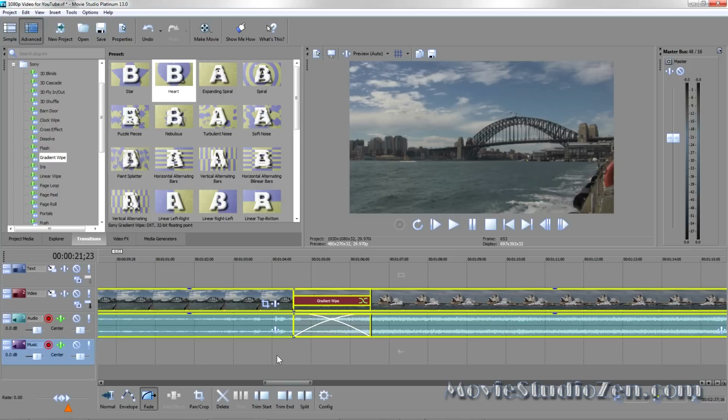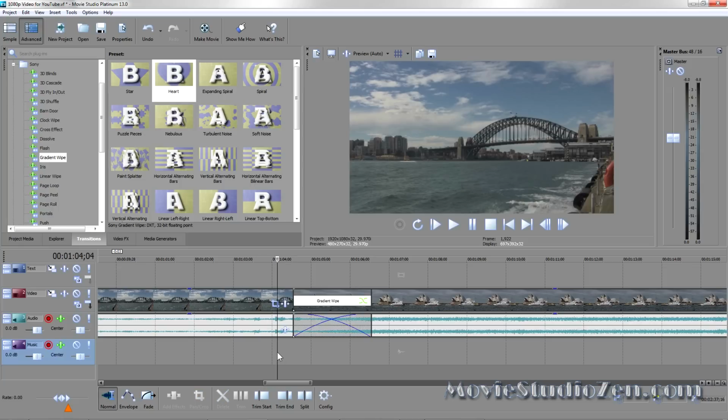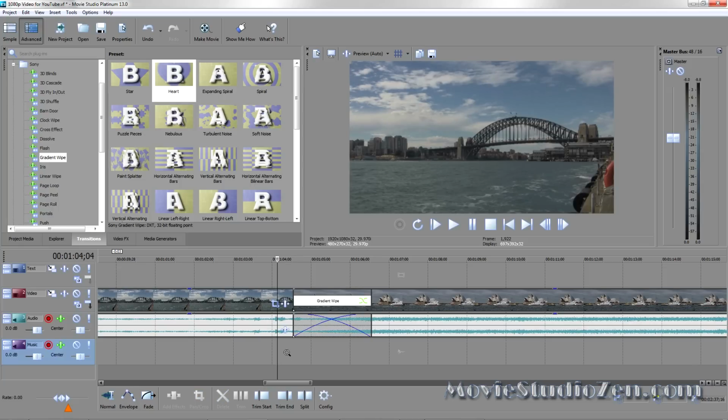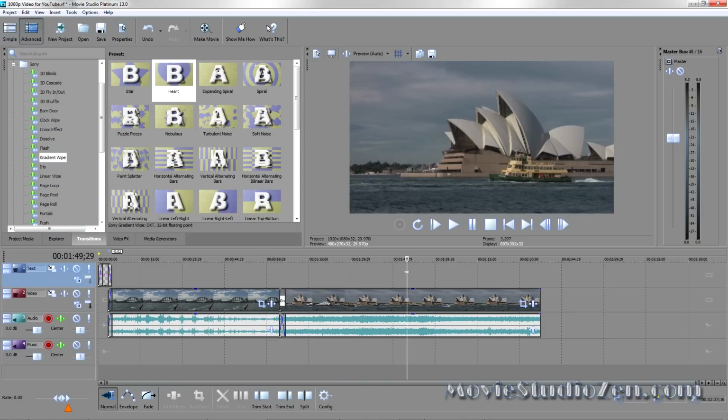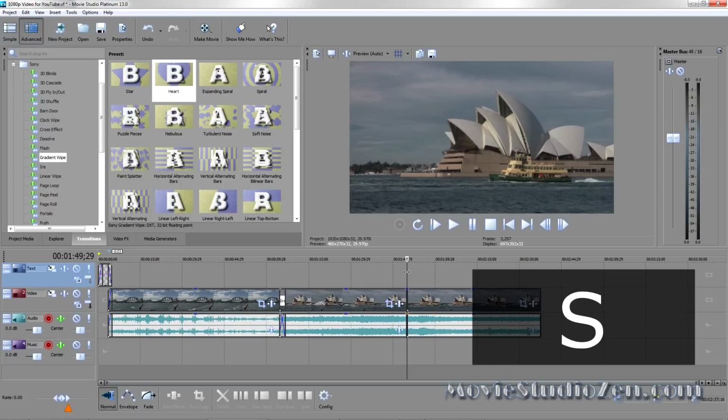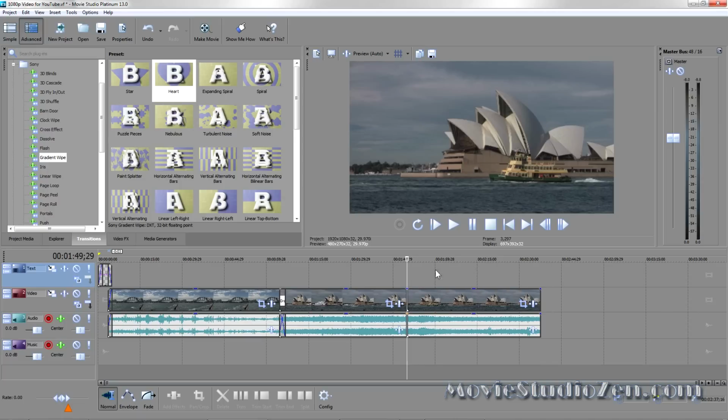So just remember, press D and you can go through the 5 different edit modes, and you'll know which one you're in because of the symbol that's on your mouse pointer. Get back to normal. Okay, so that's one important thing to know. I wanted to do a split, so I'm going to do S for split. And I need to insert some pictures in between here.